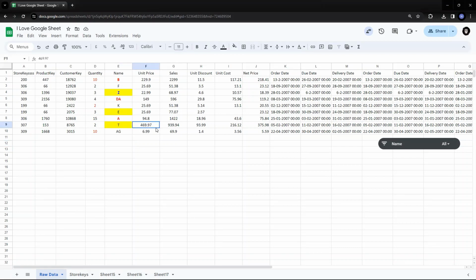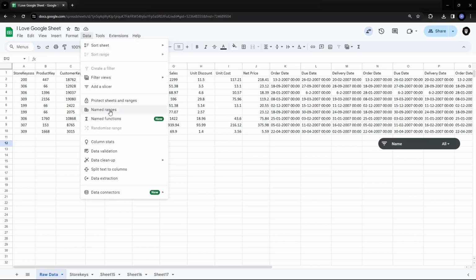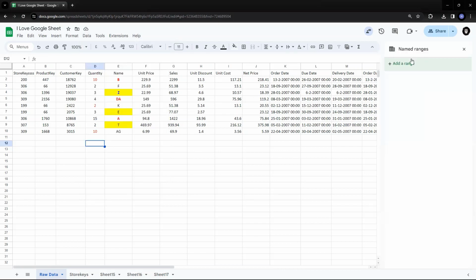Suppose I want to give a name to the entire quantity column here. So I'll select this range, or alternatively I can go to Data, say Named ranges, and say Add a range. As I said earlier, I can have 1 to 250 characters only for this named range. So if I have to give a name like total quantity,